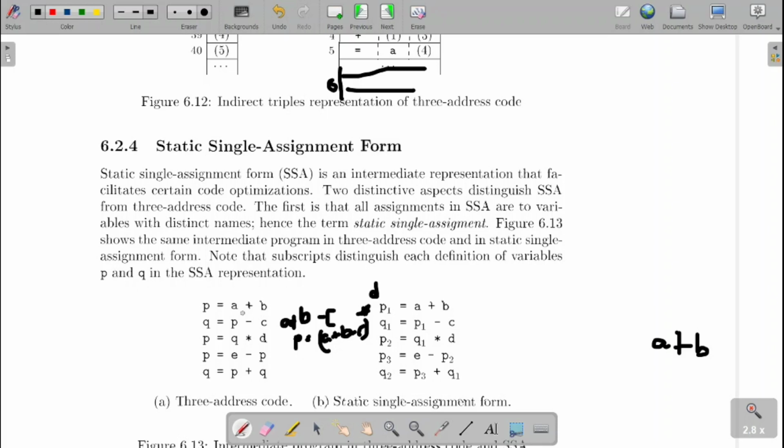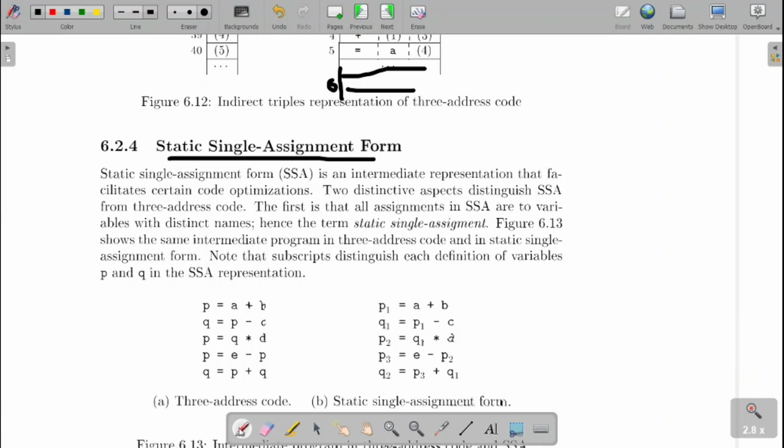Even though we are reusing it, that is one feature. But if it is needed in future, I am not able to use it. So what is the alternate solution for that? The solution is static single assignment. Every time we create a new variable. How is it possible? We give a subscript: first time usage P1, second time usage P2, next time usage P3, so that every time it creates a new variable. That is static single assignment, meaning each variable is assigned only once.